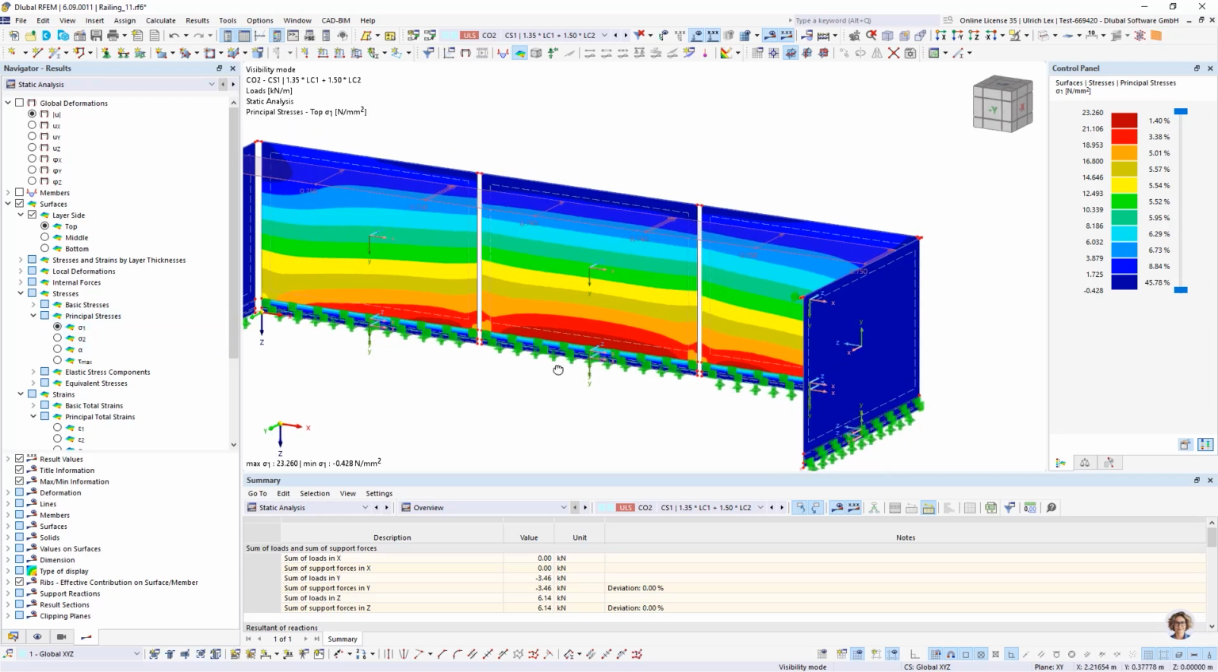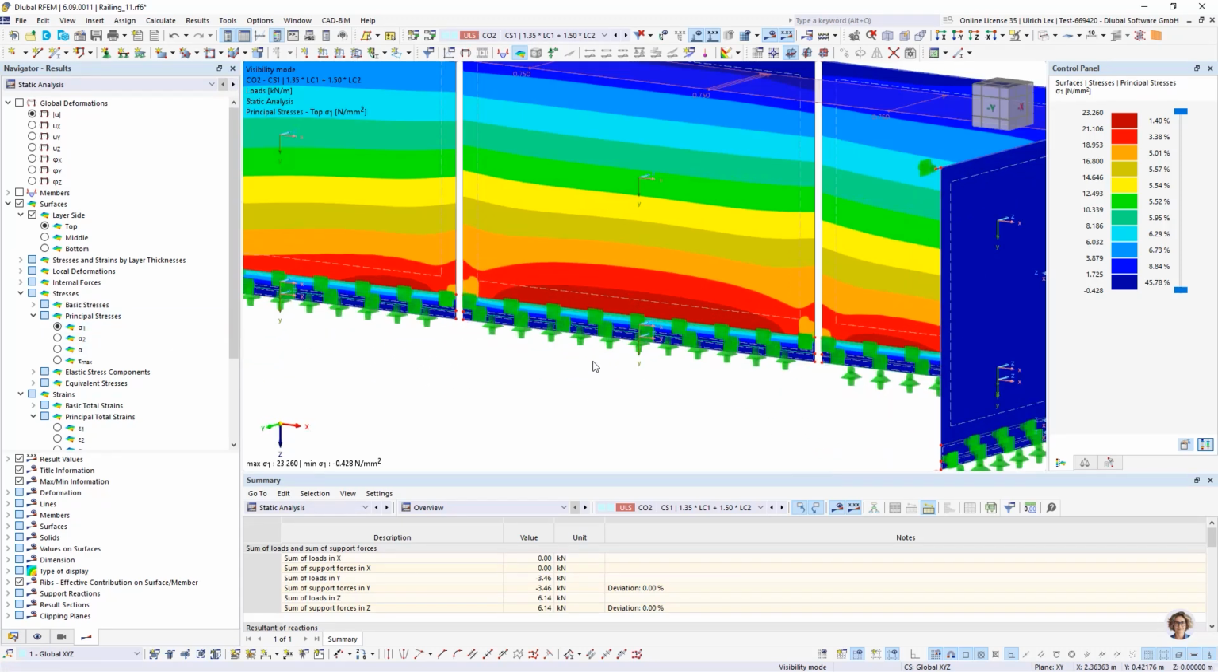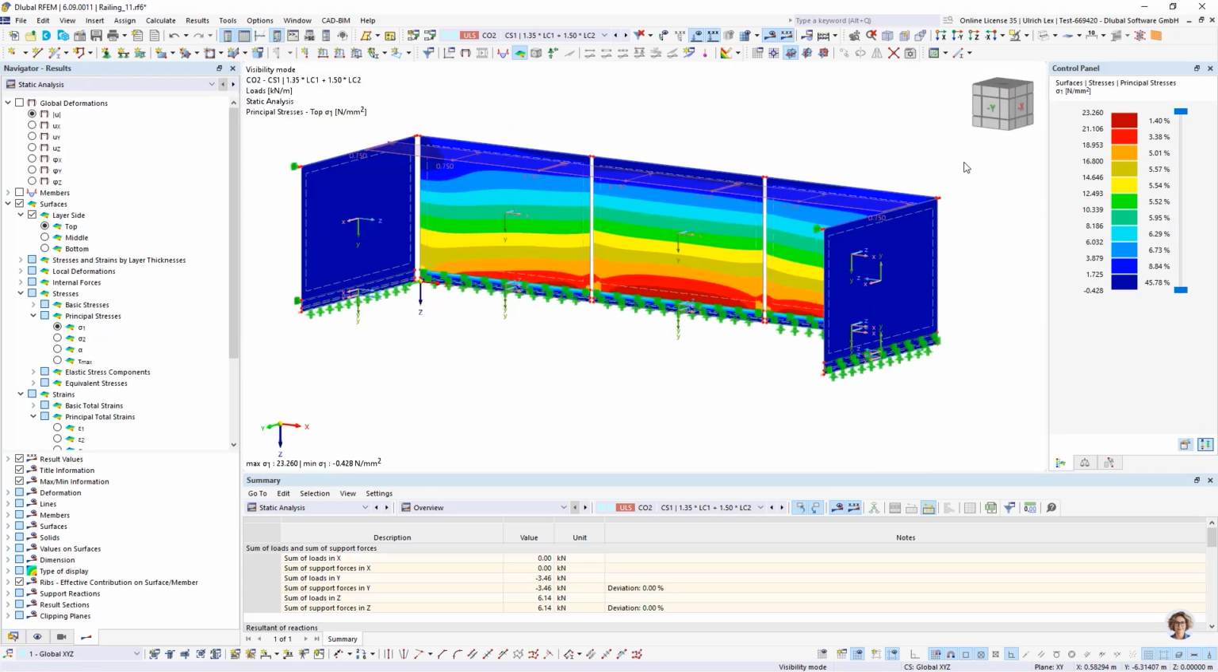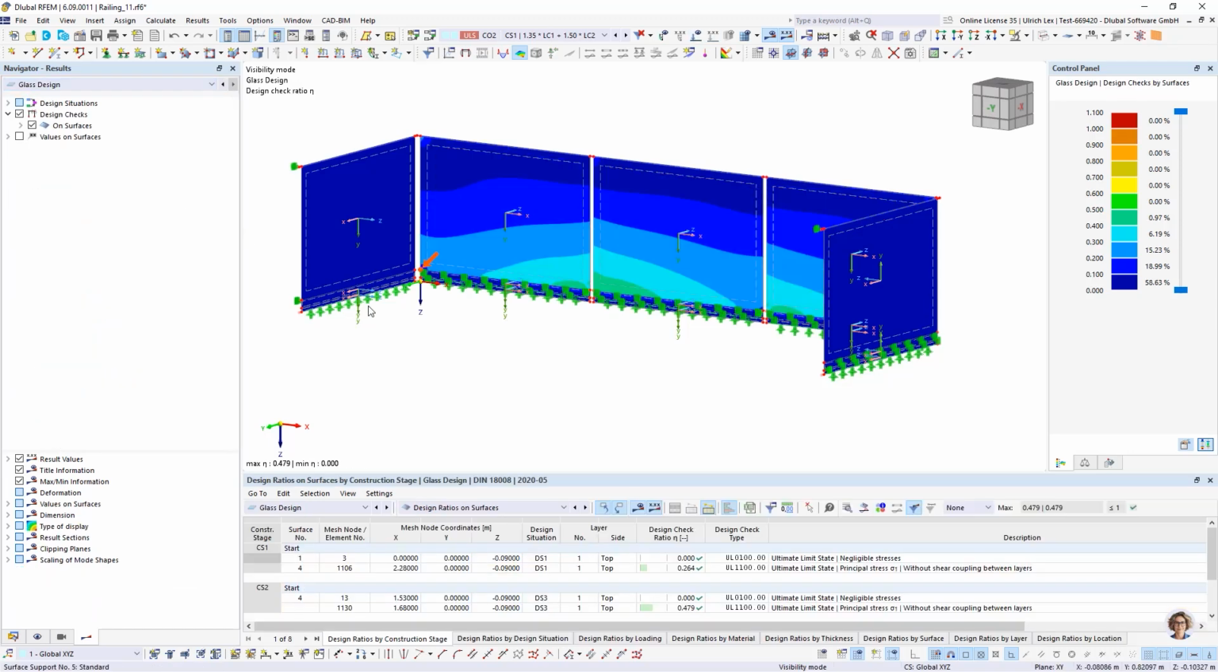sigma 1, and get here a maximum stress of 23 Newton per square millimeters. When I take a look on the glass design results, then I have here the ratio of the maximum. I can take a look on